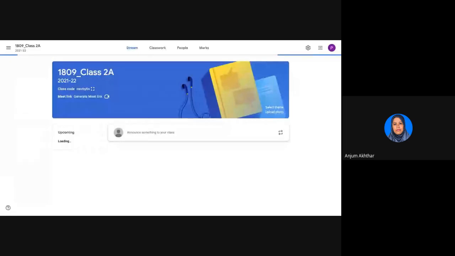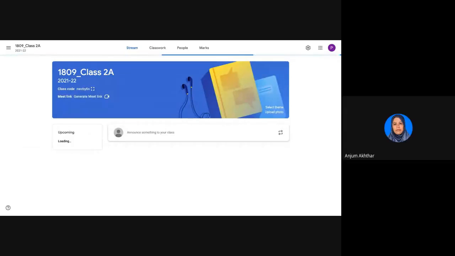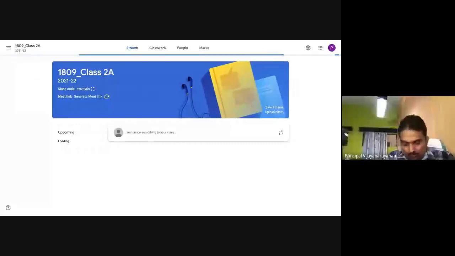So if we do this step through the principal ID, the class ownership will be with the principal's ID, as if he or she were the class teacher of all the classrooms, right? Last year we followed a different format where we made the teachers create the classrooms. No issue. Even if you want the teachers to create the classroom, you need to add the principal there.